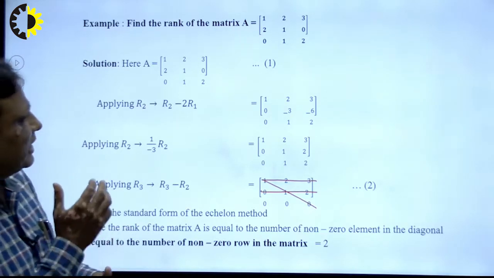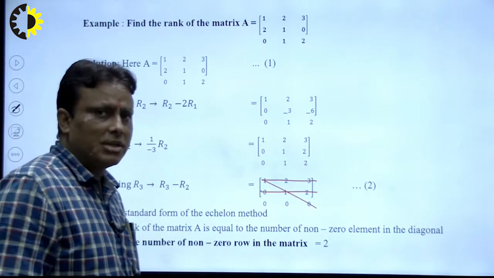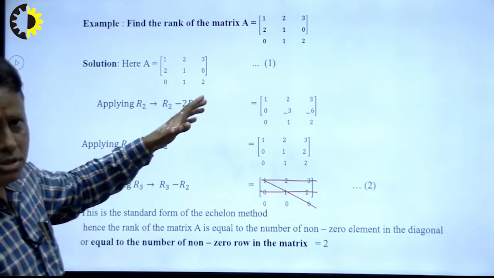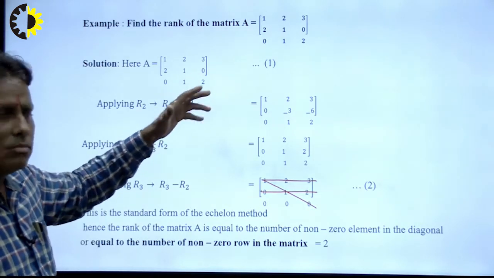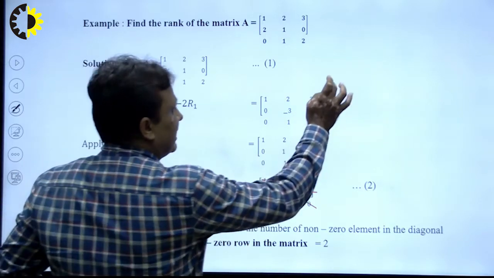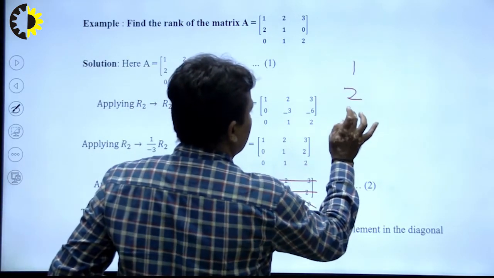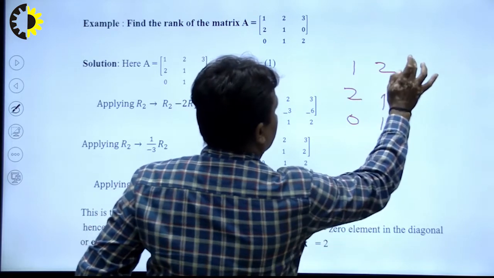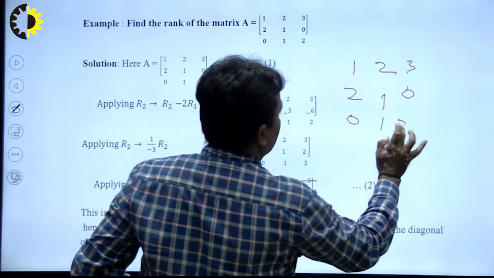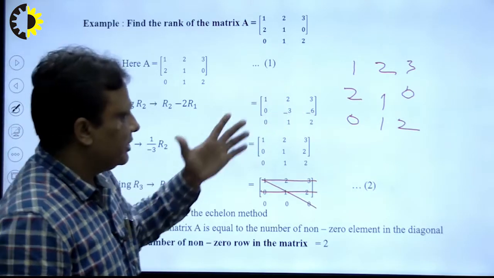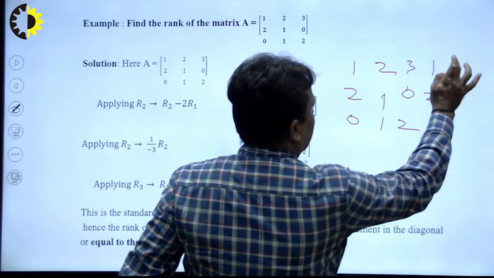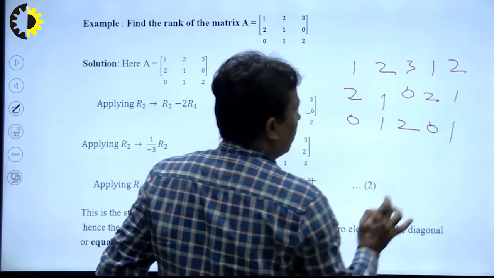This method was explained briefly in the previous lecture, but some students asked me to repeat this type of problem. So there is an easy method. Suppose I write here 1, 2, 0, 2, 1, 1, 3, 0 and 2 here, and 2 columns are repeated. So first 2 and 0, and then 2, 1 and 1, right?